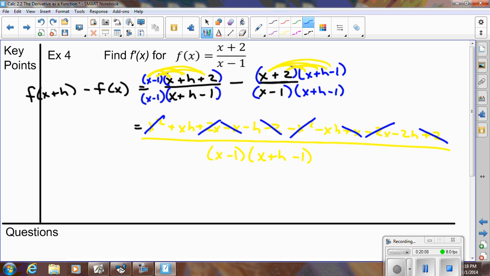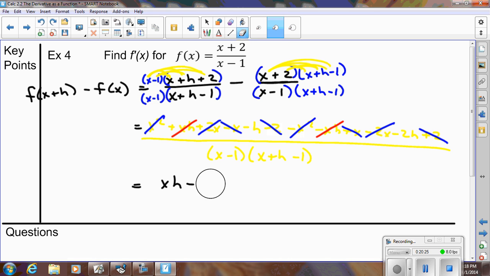And that is going to leave behind xh minus h minus xh. Oh, actually I have to take that part as well. I didn't see those, but those canceled. Minus xh plus xh. I didn't see those right away, so let's back this part up and get rid of even more. That leaves behind, okay, minus h minus 2h,